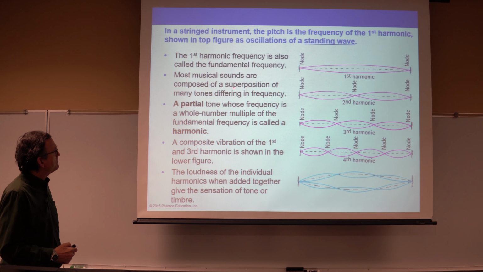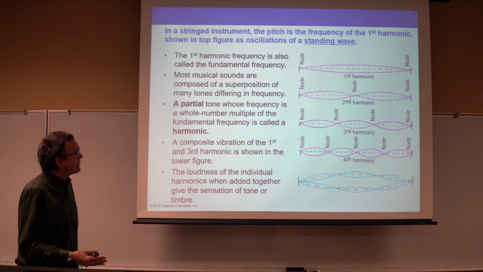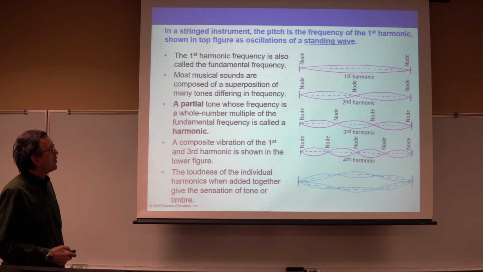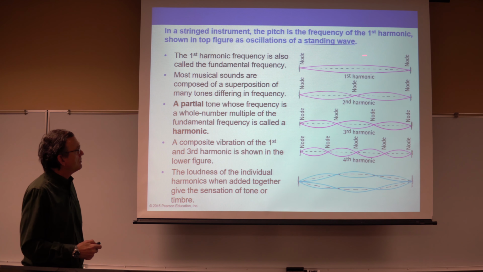Most musical sounds are composed of a superposition of many, or at least several, different frequencies that are multiples of the first harmonic, or multiples of the fundamental frequency. So when you pluck a string, and you may pluck it at a point which is not in the center, for example, closer to one side than the other, then you can make these excursions of the string such that at one point in time it follows the upper curve where my arrow is showing and then comes back down and ends up at zero